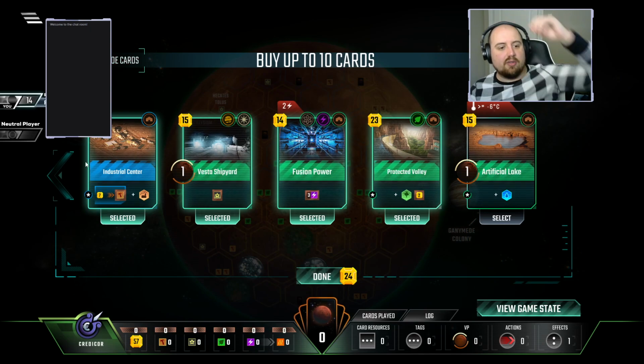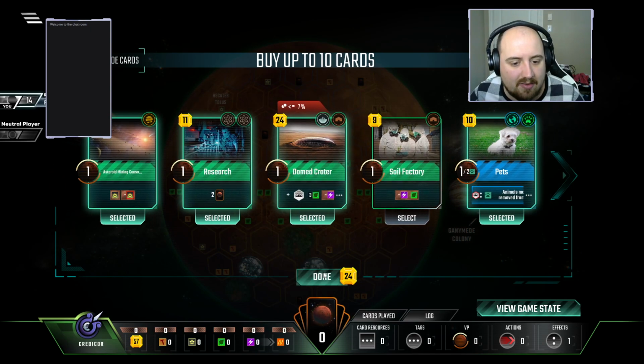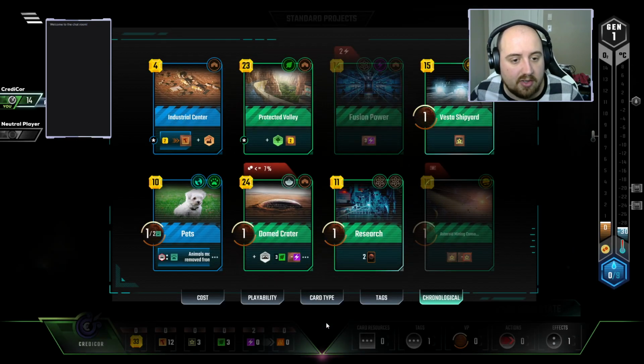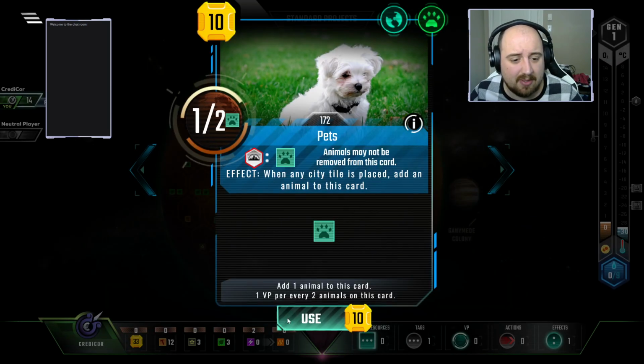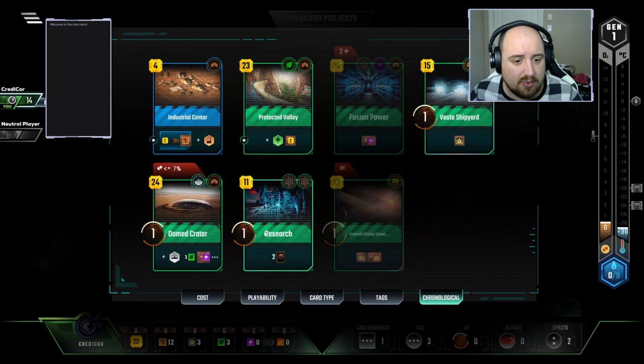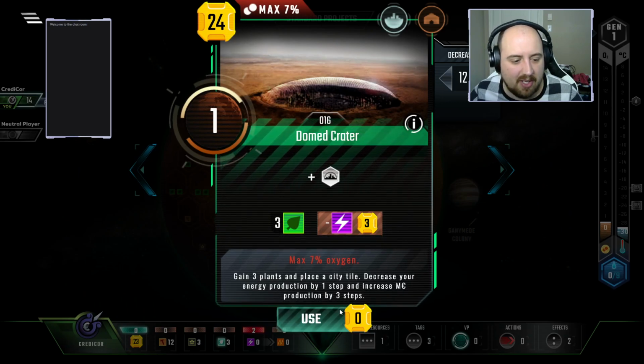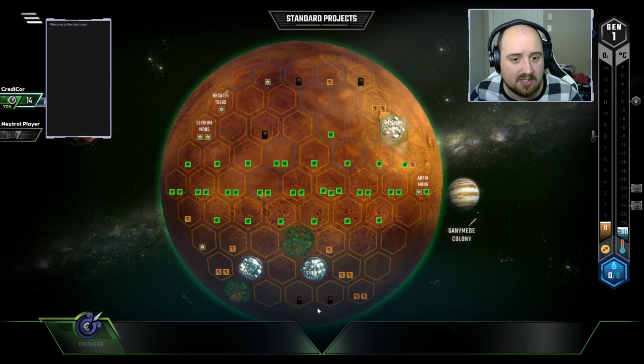And then with our preludes, we're going to have lots of steel, quite frankly. Lots and lots of steel. Some sort of Advanced Alloys or something would have been nice as well, but... Do we want Pets? I always grab Pets, but... I mean, we'll do it. It's really not that good. I don't think I should have grabbed Pets, but after paying for the card, I had sunk cost fallacy, so...